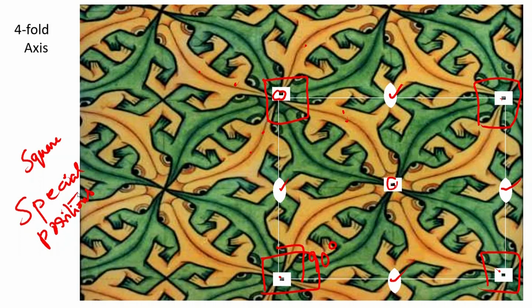On the other hand, if the object does not have the fourfold symmetry, or any kind of symmetry, as in this example where there is a lizard sitting here, if they are arranged in such a way that there is a fourfold symmetry, then the fourfold lattice can be fitted onto this particular system. So, the objects now are sitting in what we call general positions.